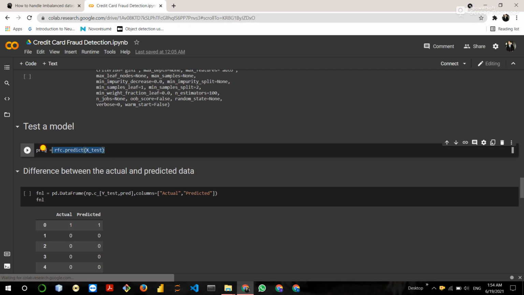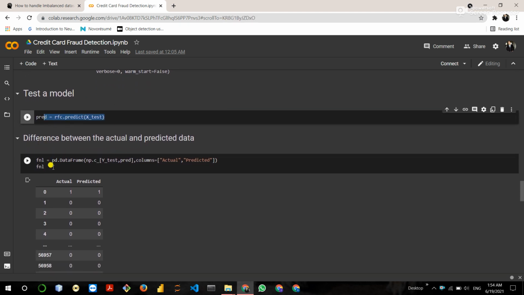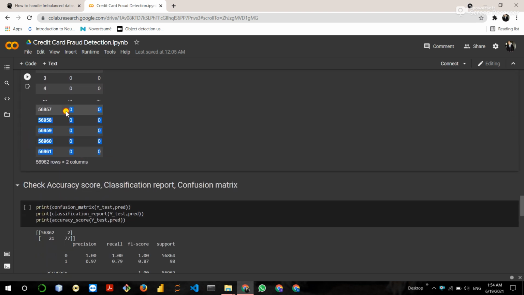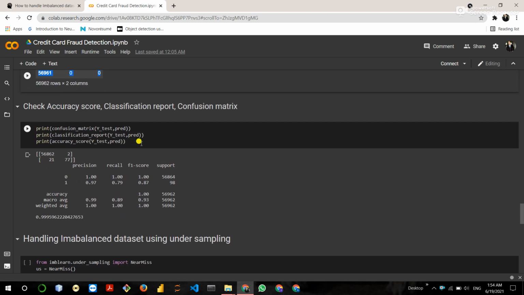Then test the model. See the difference between the actual and predicted data. Here you can see the confusion matrix, classification report, and accuracy score. You can see overall accuracy is 99%.